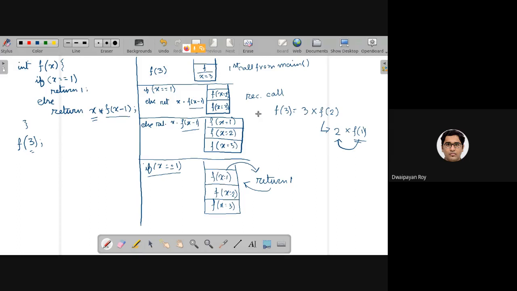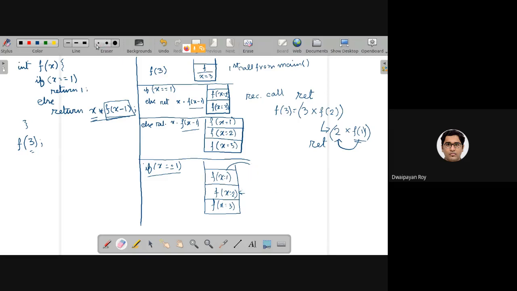Every time we are returning, this statement was placed as a return call, return x into x minus 1, and then again this was also a return call, return x into x minus 1 when x is 2. So return 1 will be placed here, and this operation will be happening then. This portion will be 1, and the existing value of x will be the next one, which is 2.